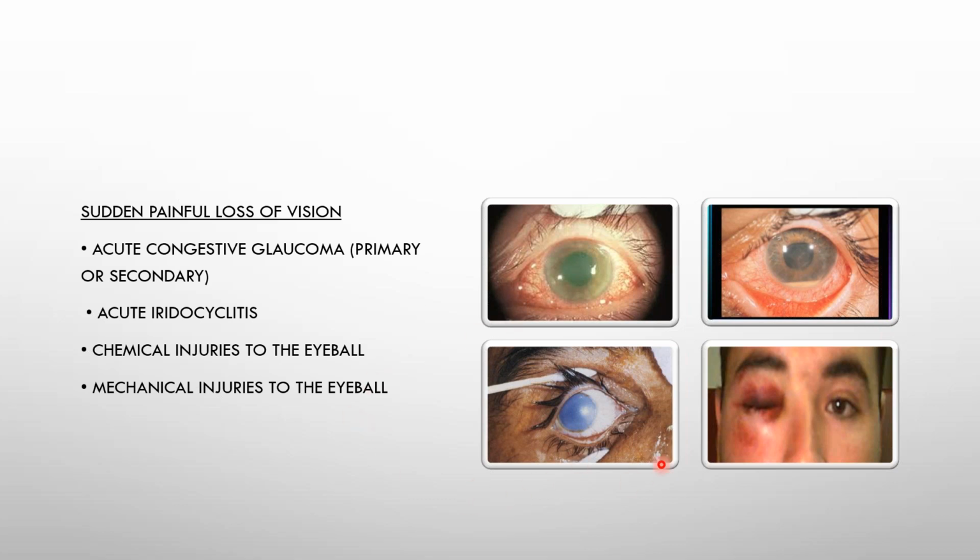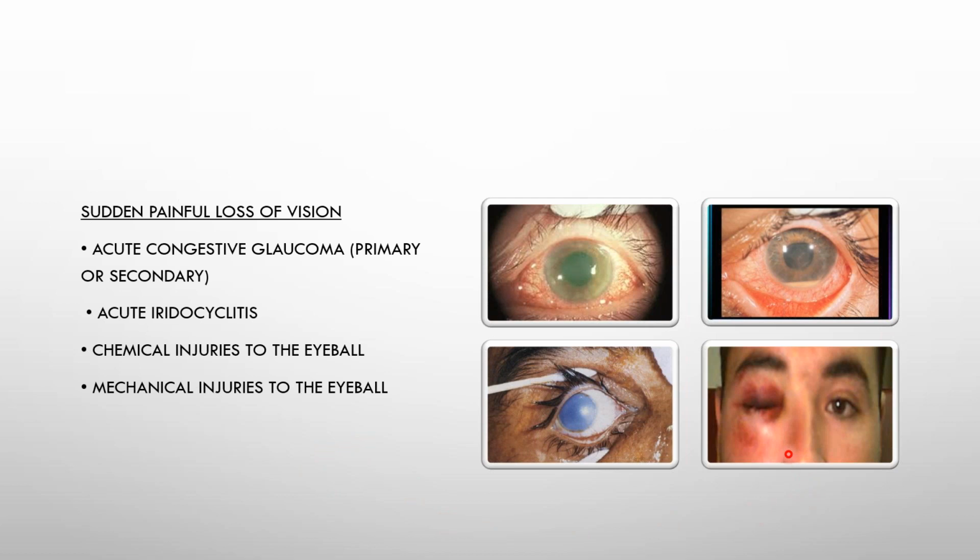Then, for example, a chemical injury to the eyeball, right? Now, your questions could also tell you what prognosis the patient is eventually going to have. So if there's a history of chemical injury, you ask the patient, first of all, whether it's an acidic thing or an alkali. Then, if the patient knows that, okay, fine, it was an acid, then your prognosis is better. If it's an alkali injury, the prognosis is going to be bad.